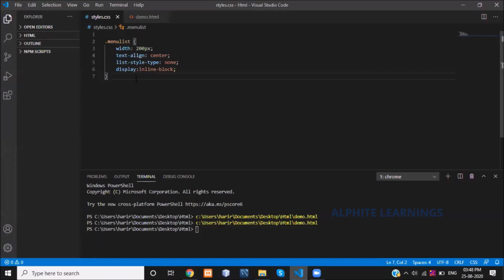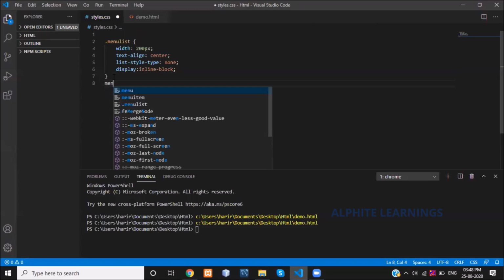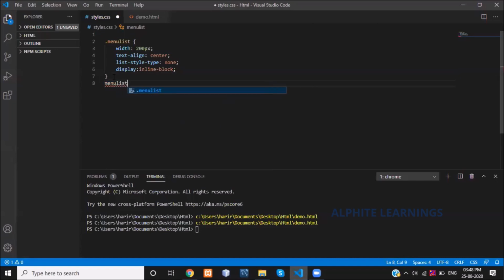Let me show how to do that. For this menu list, hover.